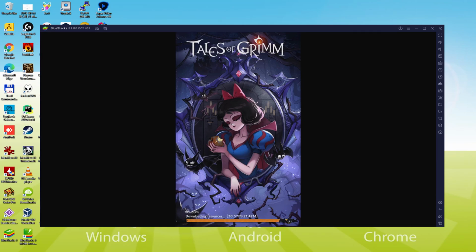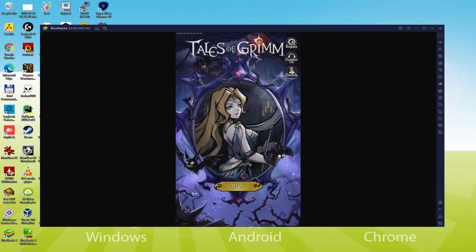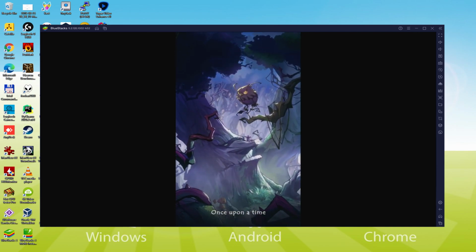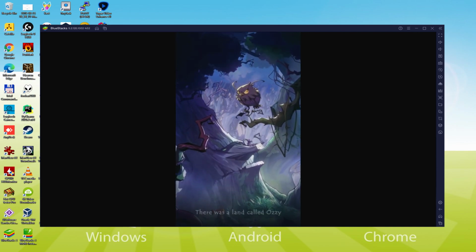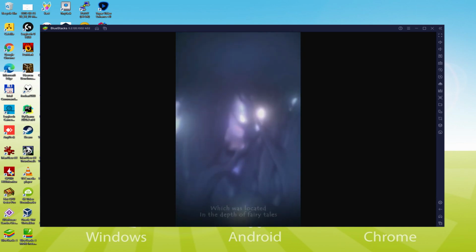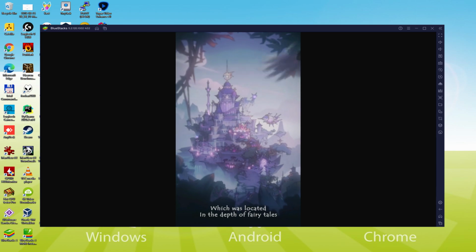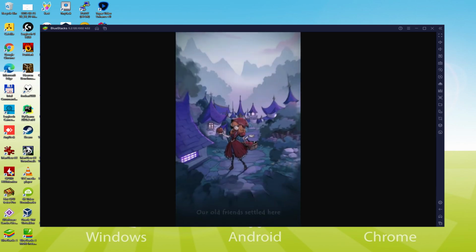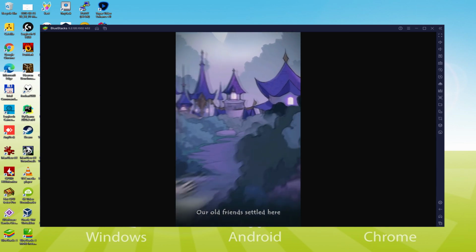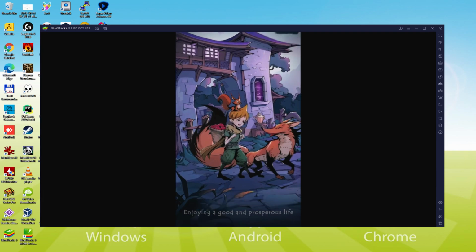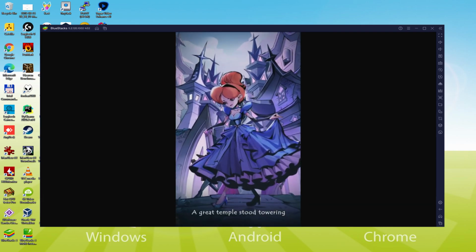Today we are going to see how to play Tales of Grimm on PC using the brand new BlueStacks 5 that is designed for blazing fast speed and high-octane action. It packs a punch with mega performance upgrades and it has faster performance than any other high-end Android device or Android platform. We will be able to easily download and install Tales of Grimm and enjoy the game on our Windows PC with keyboard, mouse and big screen thanks to BlueStacks 5, which is the Android emulator that we recommend to play Tales of Grimm. So without further ado, let's get to it.